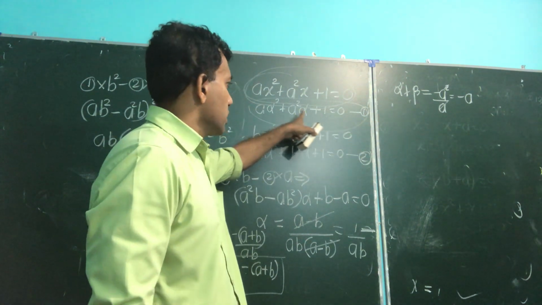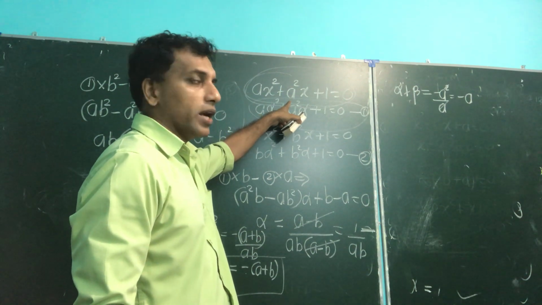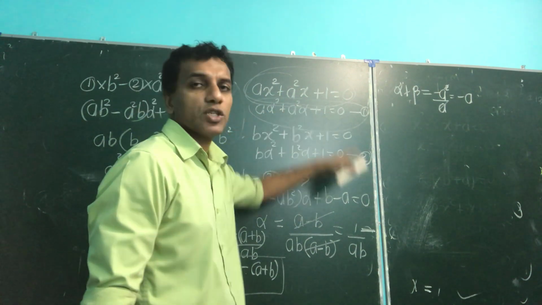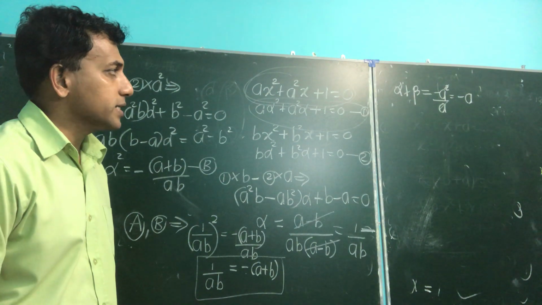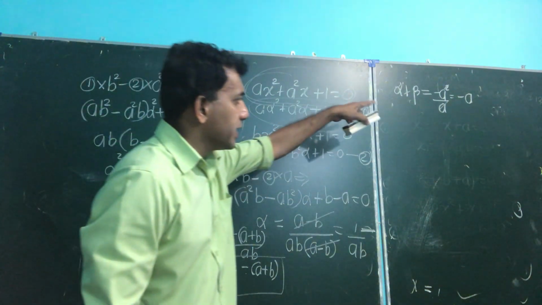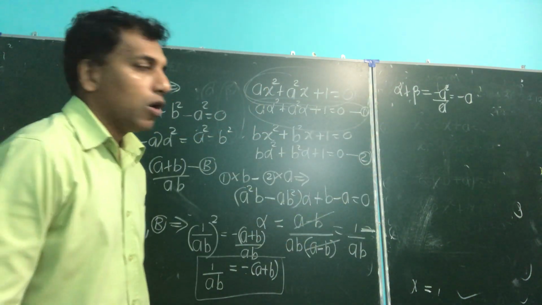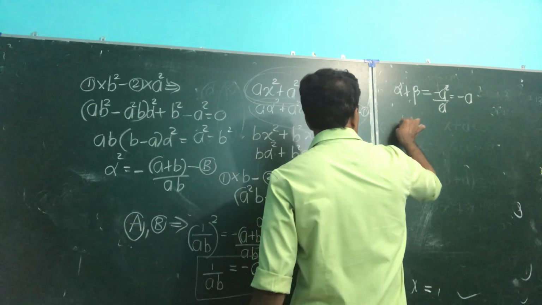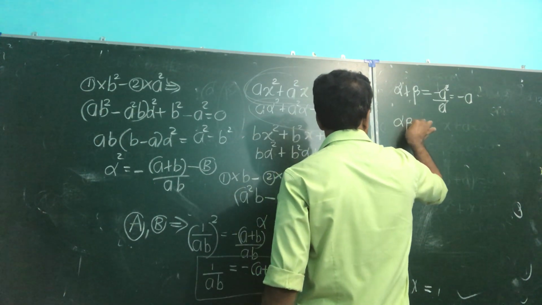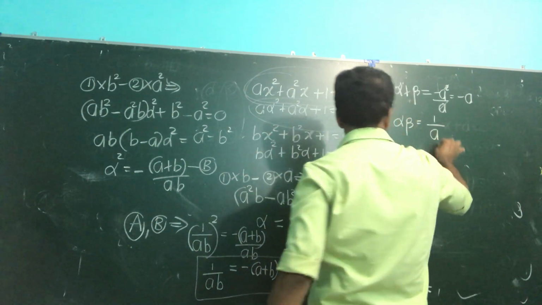That is alpha plus beta minus b over a, no? So here a for a, b for a square in the standard form, c is 1. So alpha plus beta is minus b over a, therefore minus a square over a, 1a cancel. Also you know alpha into beta, what is that? C over a, you know. What is c? 1. A is a.